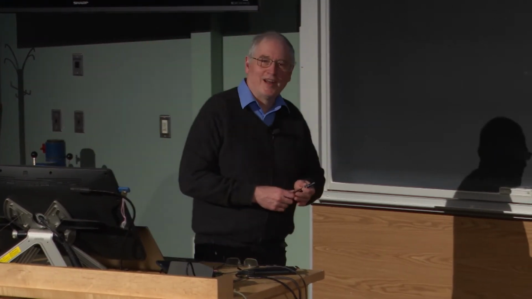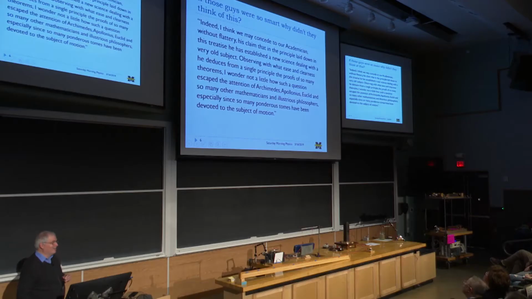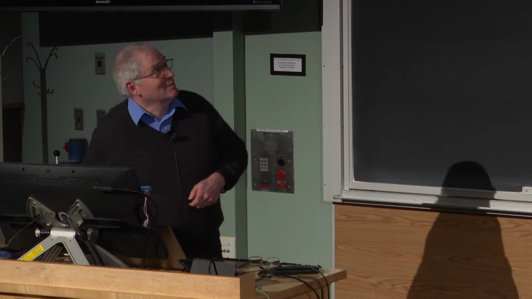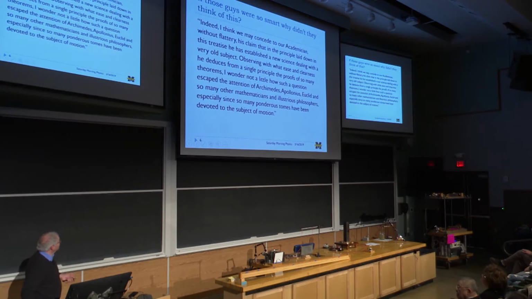And another quote that I liked from his textbook was along the lines, if these other guys were so smart, Archimedes, Apollonius, Euclid, why didn't they think of this? Okay? And so he's speaking, in the style of his writing, as a third person. The academician, of course, is Galileo himself. If he can do all of these things, observing by watching nature and making these discoveries and making all these proofs, then what were these guys up to, and why should we pay any more attention to them?